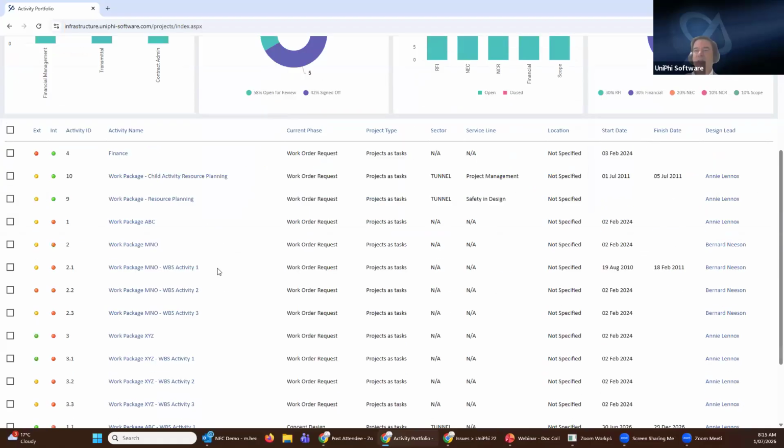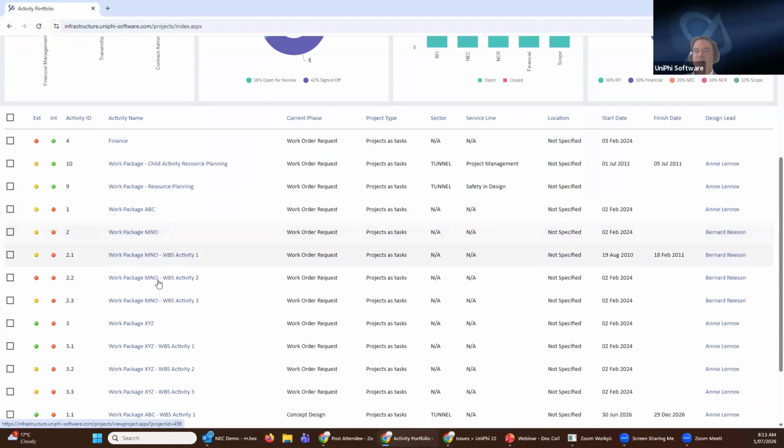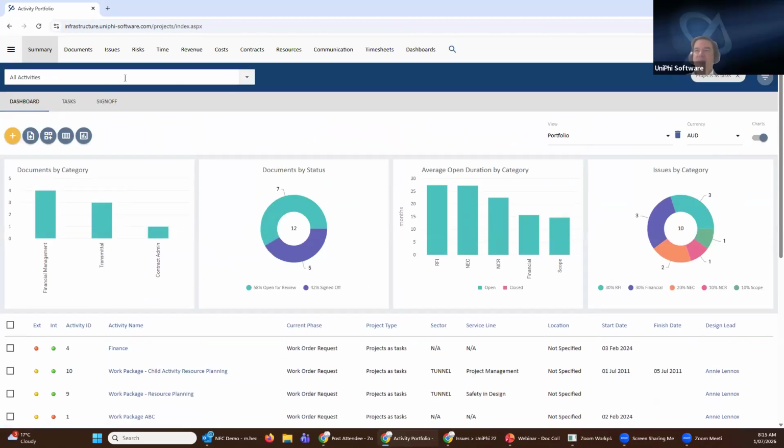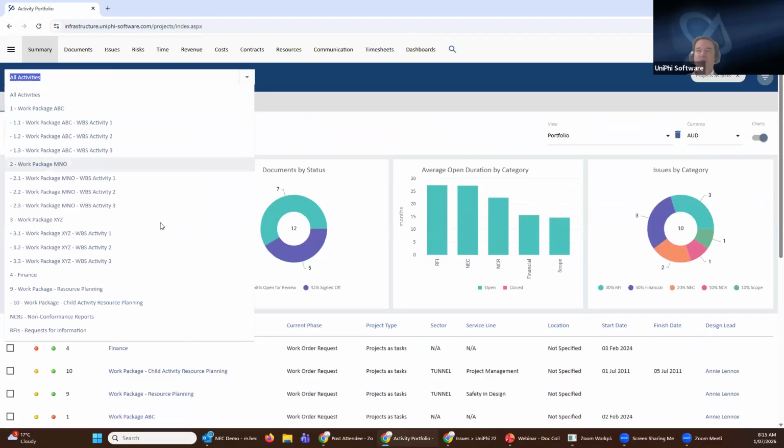And what we've got here is those work packages that we were seeing in the other dashboard and the activities that sit underneath them. And if I select this drop down, I get that in a parent-child relationship. So that's the package, that's the program, that's the project of activities for work package MNO, work package XYZ. And so these are the ones we're looking at today. These other elements are for construction phase and for doing the commercial management.